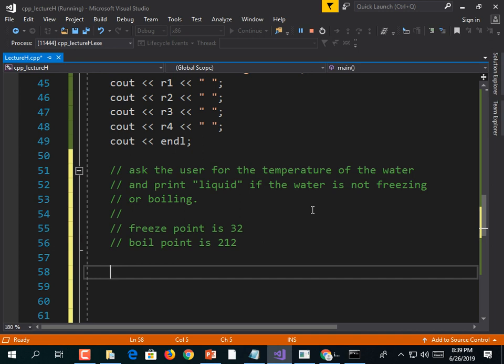Since we want to check to see if it's not freezing or boiling, we are checking to see if something is within the range. cout << "What is the temperature of the water? > ";